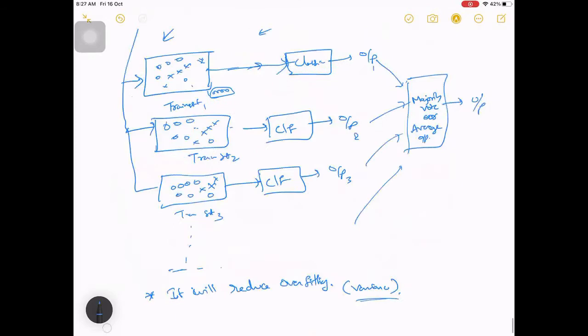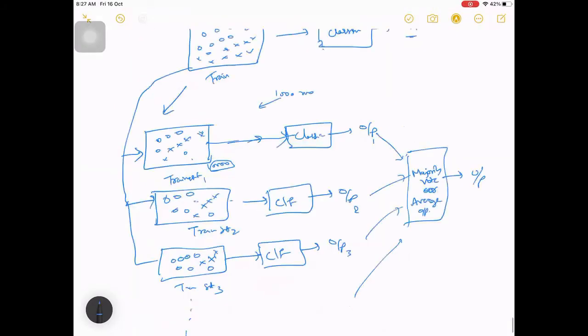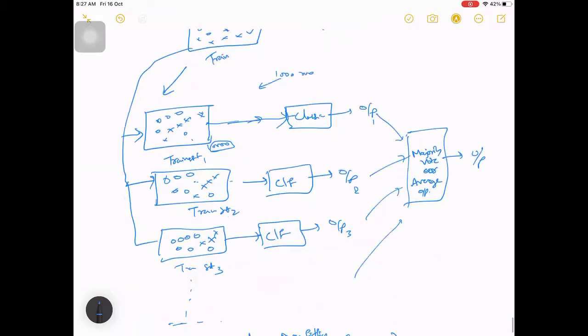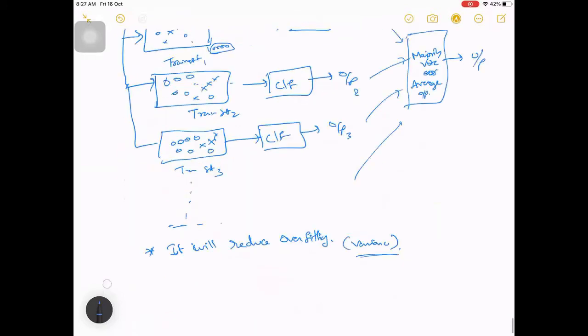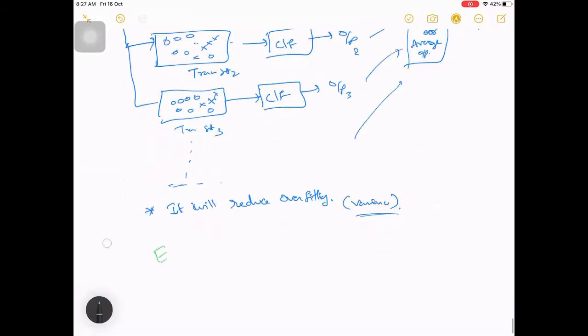These methods, where we take multiple models and finally get an output, we call ensemble methods. This is a very popular way of doing it. Instead of training a single model, they will train multiple models and they will